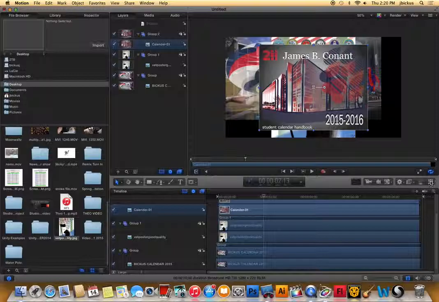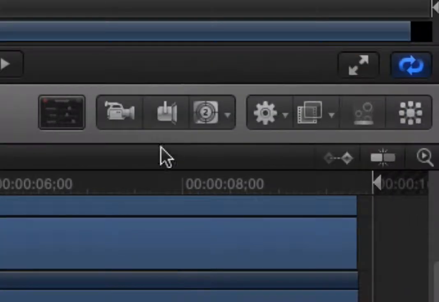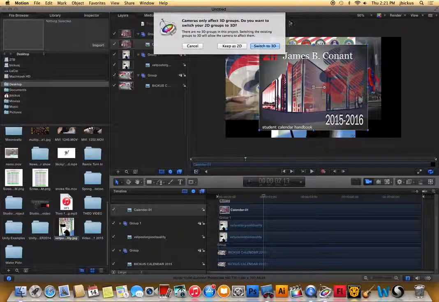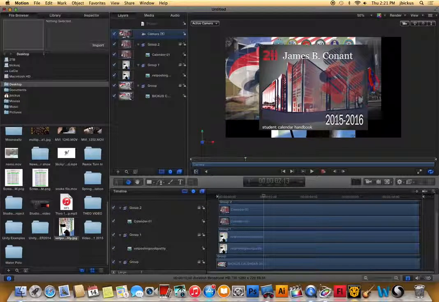All right, now, the 3D camera, what you're going to do is go right here to camera, and you're going to say create a camera. It's going to ask you a question: do you want to cancel, switch, or keep as 2D or switch to 3D? We want to switch to 3D. Okay, what this allows me to do then